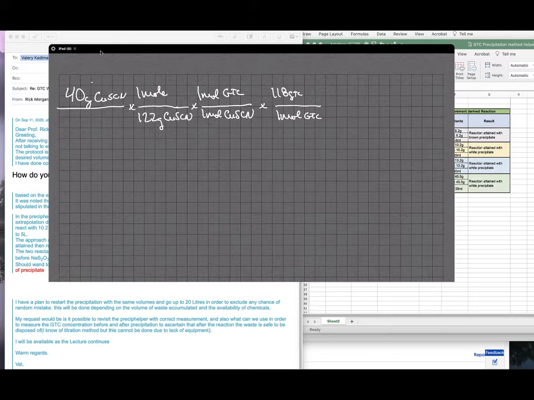And it's almost the same, because these aren't very different. So that cancels that, that cancels that, that cancels that. And if you take this times this, and a little bit less, it'll be a little bit smaller. It's about 38 grams of GTC per liter. So we're saying that the waste is 38 grams, or